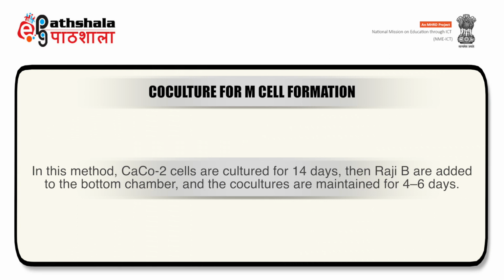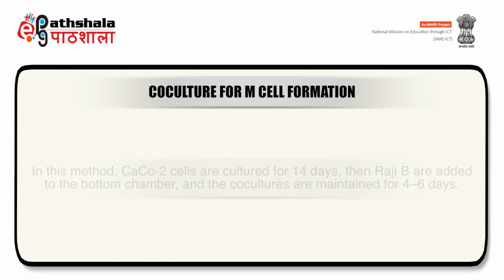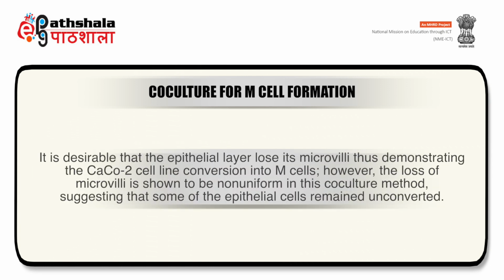In this method, Caco-2 cells are cultured for 14 days, then Raji B cells are added to the bottom chamber and the co-cultures are maintained for 4 to 6 days. It is desirable that the epithelial layer lose its microvilli, thus demonstrating the Caco-2 cell conversion into M cells. However, the loss of microvilli is shown to be non-uniform in the co-culture method, suggesting that some of the epithelial